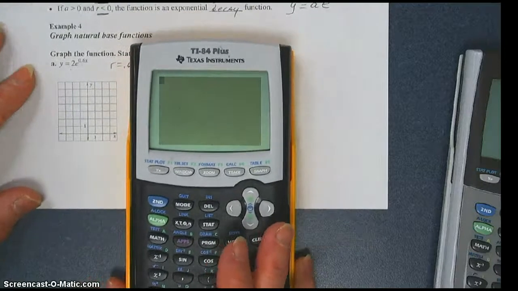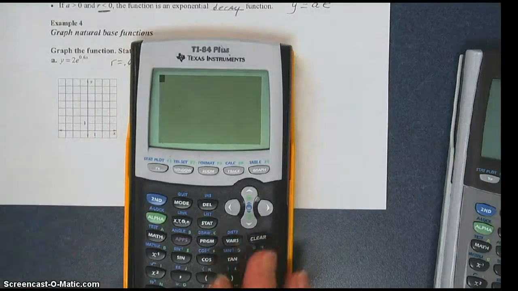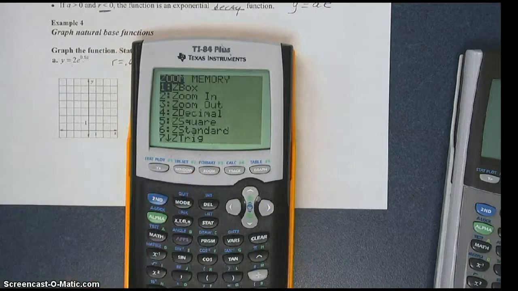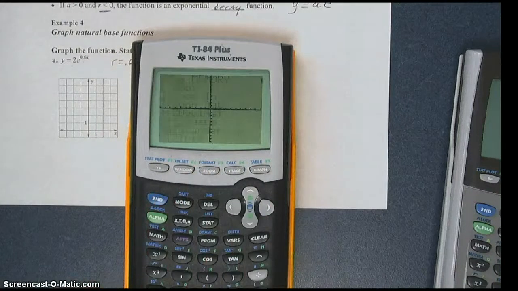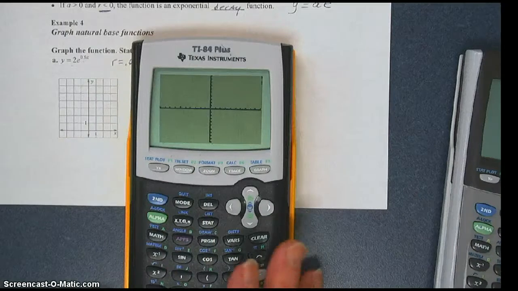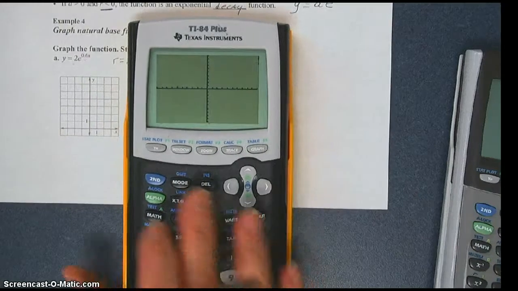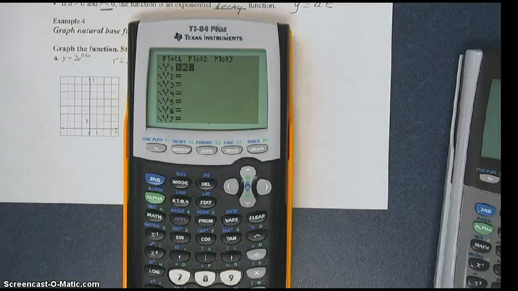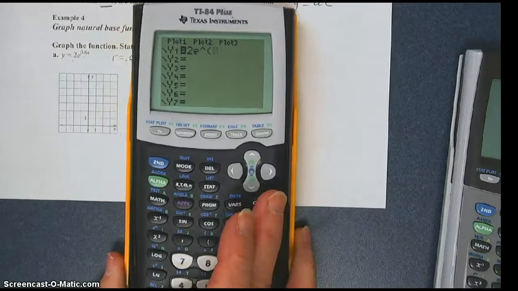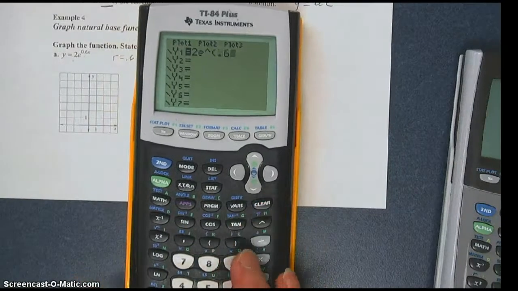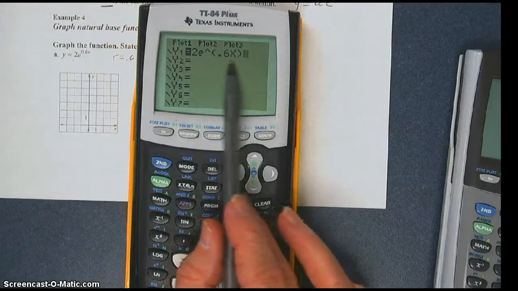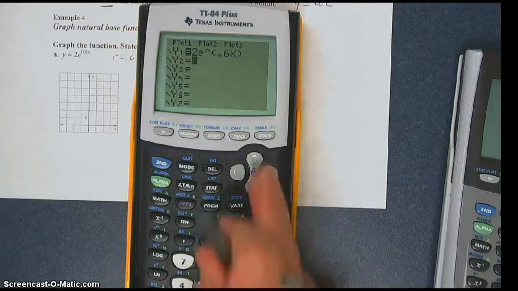So again, take out your calculator. The best bet on these is to start off with a zoom and then come down here to 6 to start your calculator off in standard window. When you go to your y equals, how do you get that e to the power? Hit second ln, and then your e to the power automatically comes in. On this model, we'll put the whole exponent inside parentheses. When we graph it,